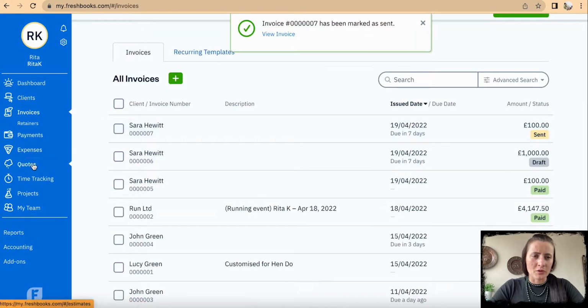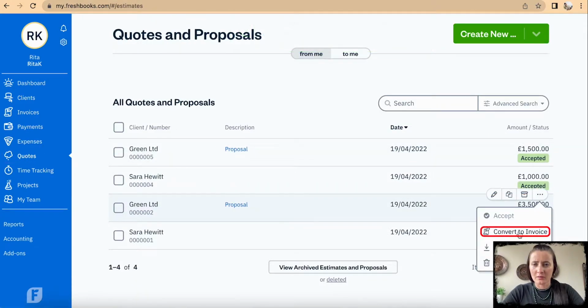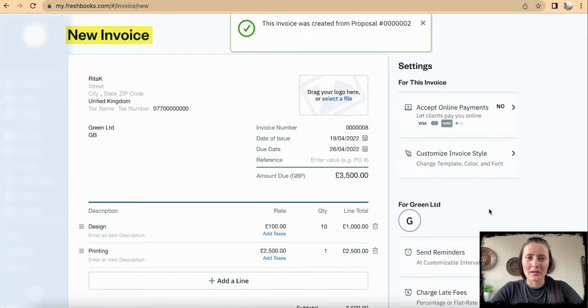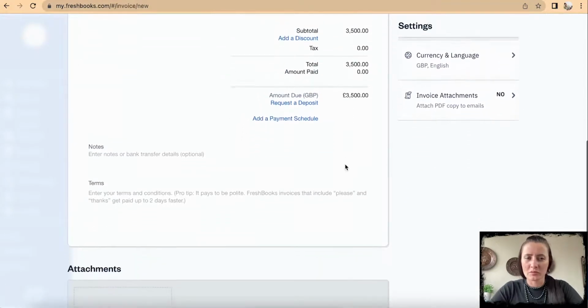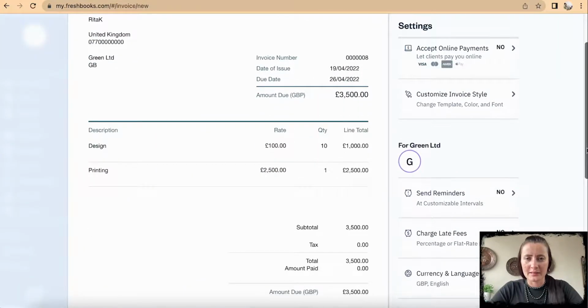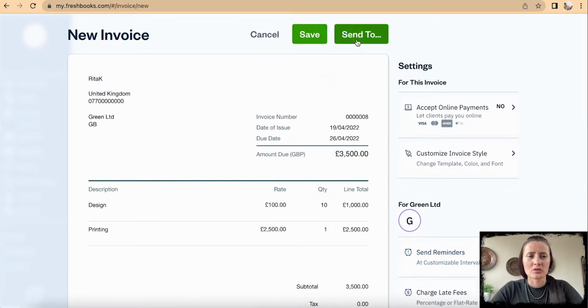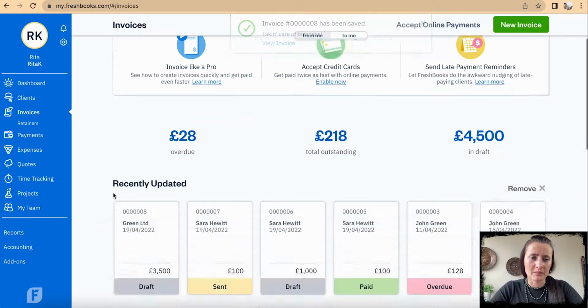Next, when we go to our quotes, about the project proposal, it is the same way: convert to an invoice. We can convert this particular proposal to an invoice once we are happy with the notes, terms, conditions, as well as settings for this invoice and particular details to Green Limited. We can send to Green Limited, and or I click this save, so this creates an invoice 008,